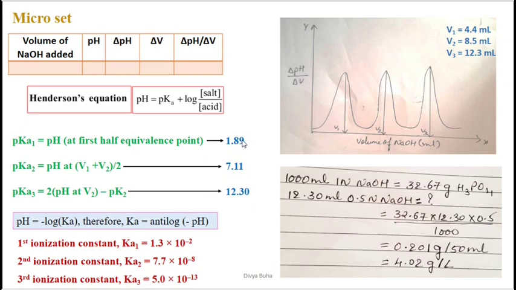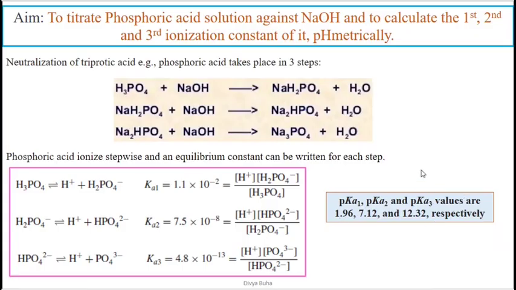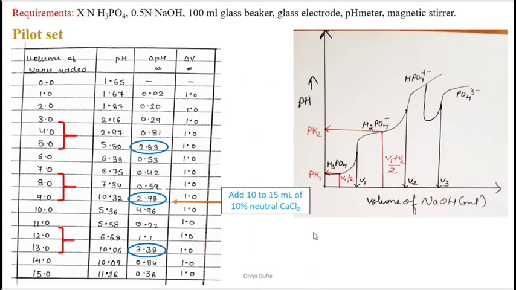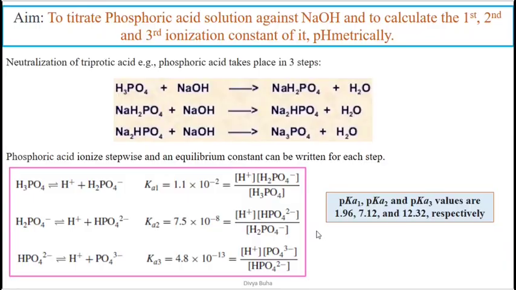So over here you can see that these are the pKa1, pKa2 and pKa3 values, and they are nearer to these values, which are standard values at 25 degrees Celsius, right? But there would be slight changes in it, because as I told you, the ionization constant value would remain constant at a constant temperature. So with the change in temperature, there would be slight changes in the ionization constant values of it. Now you can convert these pKa values into Ka values, right?